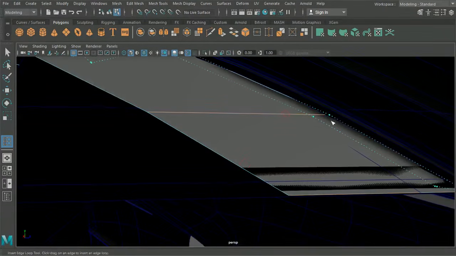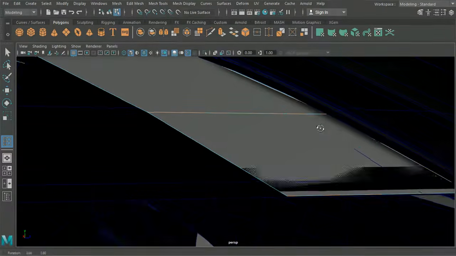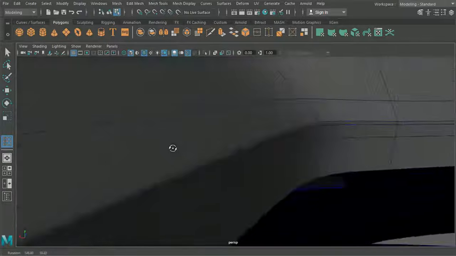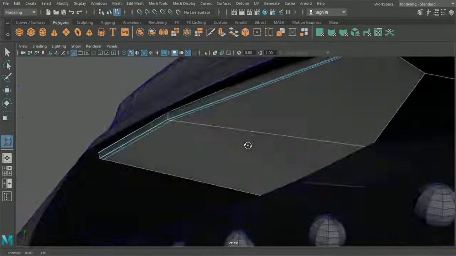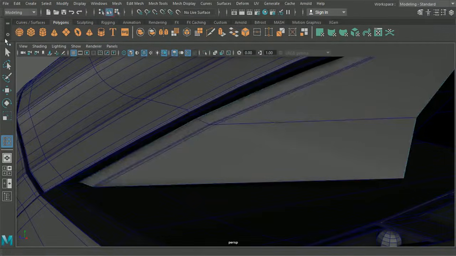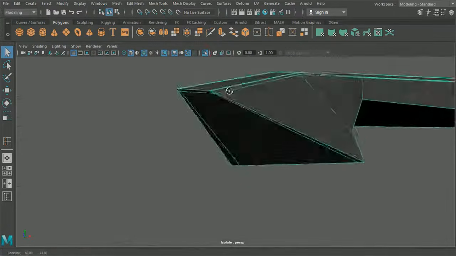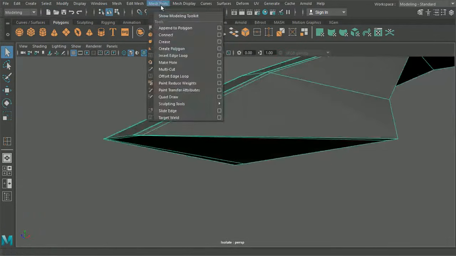Also have one on this inside edge as well. Let's just isolate this real quick. Okay, so we've got one which is run around there, that's fine.